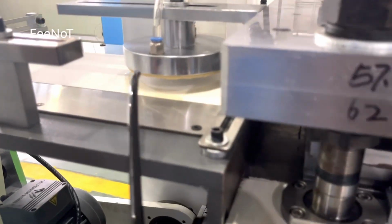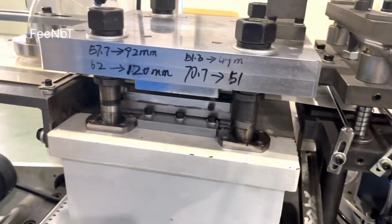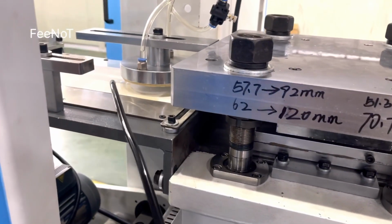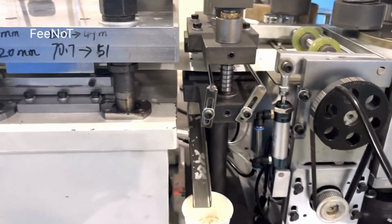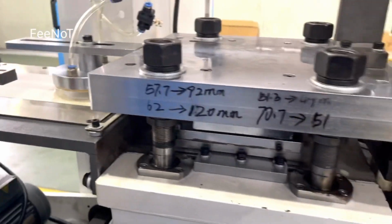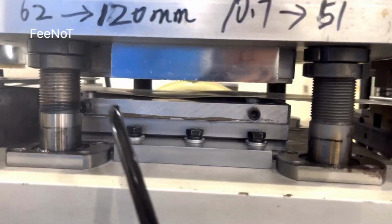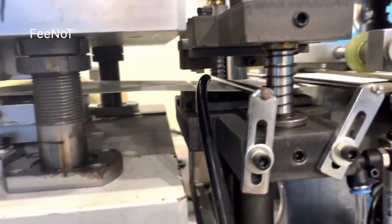Sometimes if you have to stop here for a long time, maybe the serial motor cannot pull the paper because of too much oil here, and the serial motor cannot fold the paper. So you should cut off and feed the paper again. You should cut from here and feed the paper again. You should feed the paper from here, inside and here,